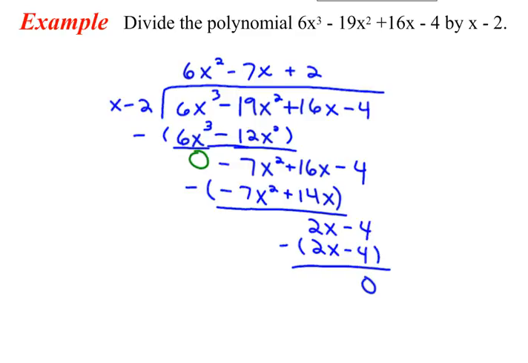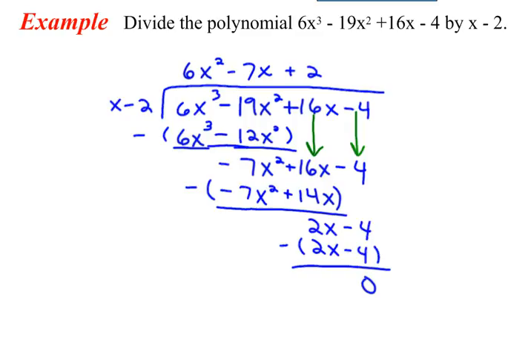So that comes out to be negative 7x squared. Then we bring down the next term, which is the positive 16x. And we actually bring down all of the terms that remain,